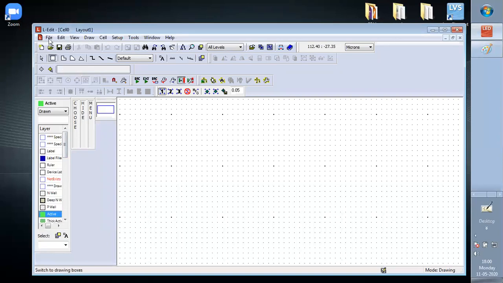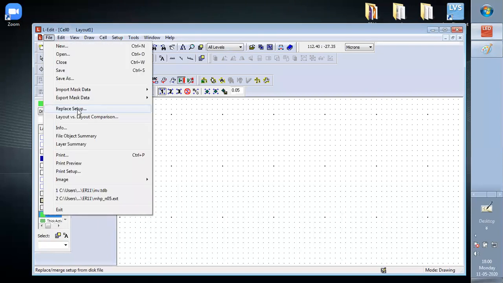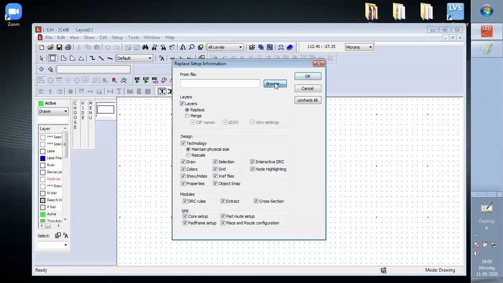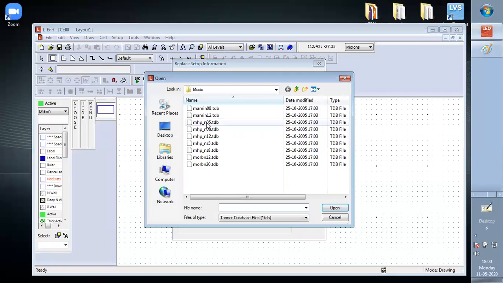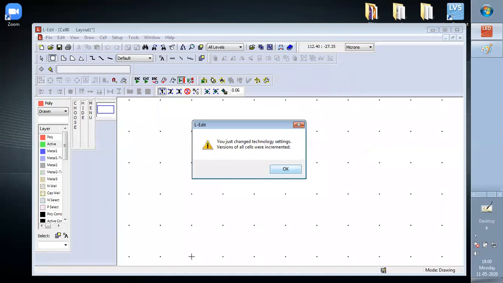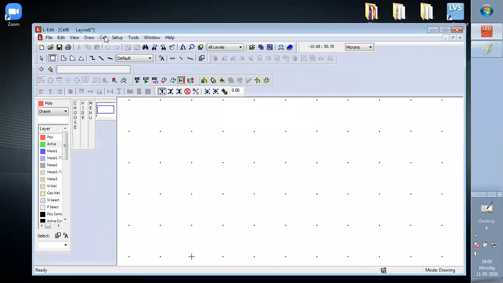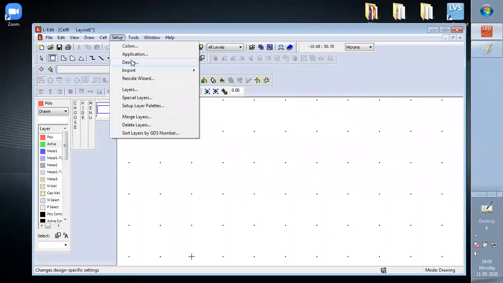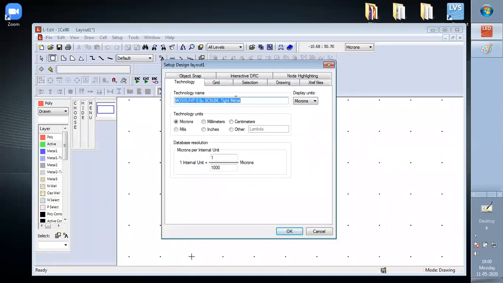Now before that, replace setup, browse MHP n underscore 05.ddb. This is 0.5 micrometer technology. In the previous class we have done this. So make it okay. Setup, design, this is done. Other lambda, and here this is 3 by 10.